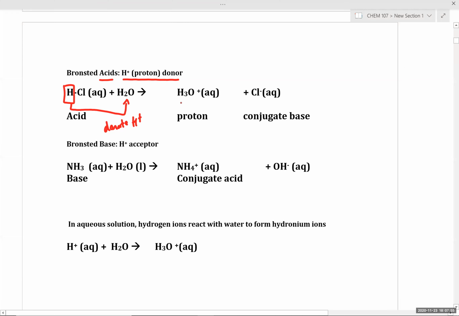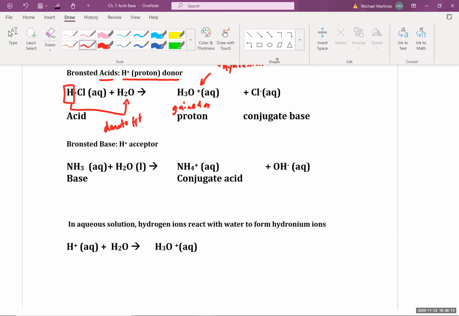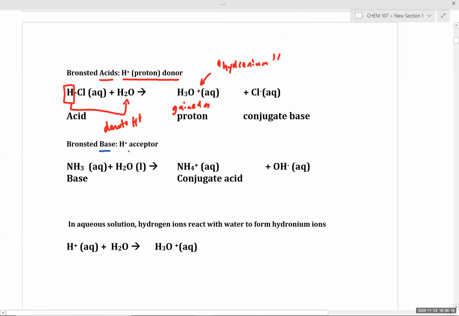So in this case, H3O plus has gained a proton. We call H3O plus, quote unquote, hydronium ion. It's a super common ion in water when you're dealing with acid-base chemistry. Now, the corollary to a Bronsted acid is a Bronsted base, which is an H plus acceptor. Now, an example of a Bronsted base would be ammonia. Ammonia, in this case, is accepting